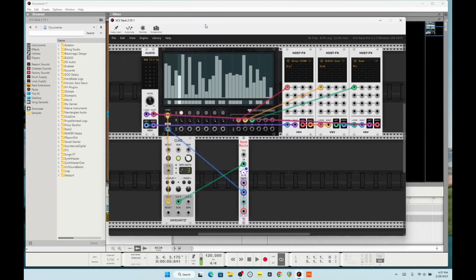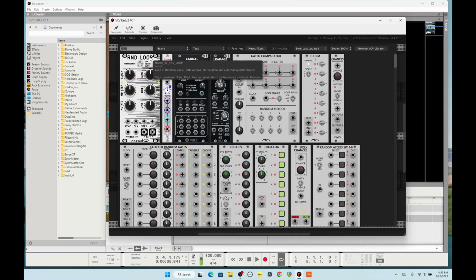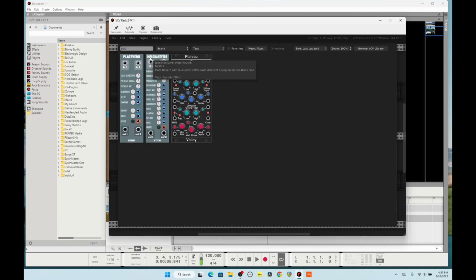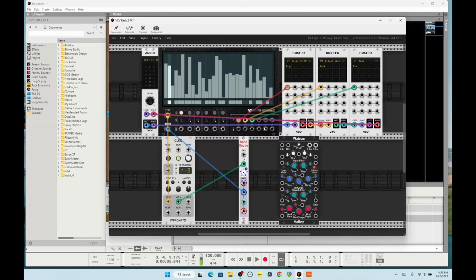Okay, that's great. And so we got the effects synced up. We got it going. We can add even more effects. So if I wanted to add, say, Plateau, and then route it